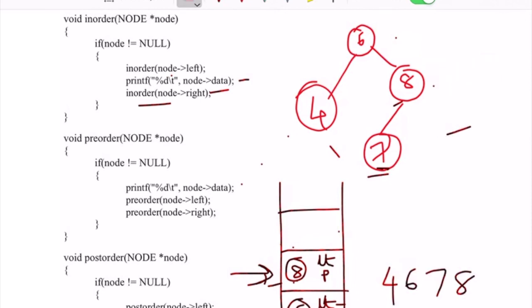A null entry is made into the stack. So when the node becomes null, there is nothing to do because this condition fails. You are going to pop it. So we had called right. So right is also done. When you come back, now we will check for the node 8.